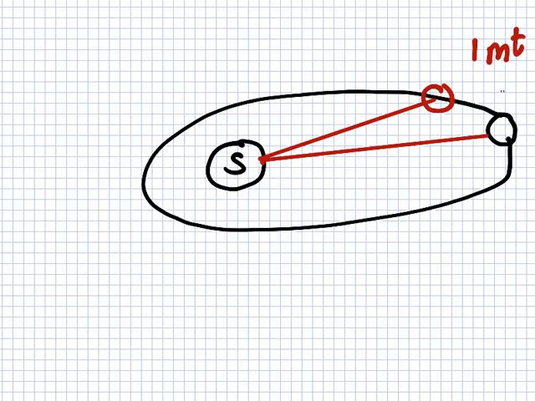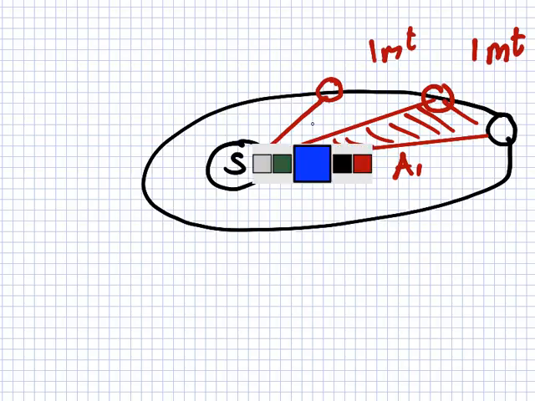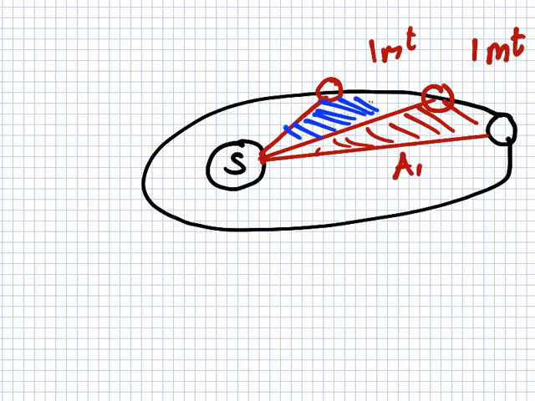If we calculate this area, let's call that area A1, and then look at the next month. Now, because it's elliptical, this distance here is shorter, correct? Yeah. But what Kepler discovered is that if you calculate the area drawn as it moves, we'll call that A2,